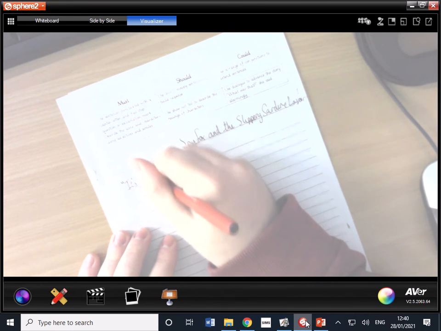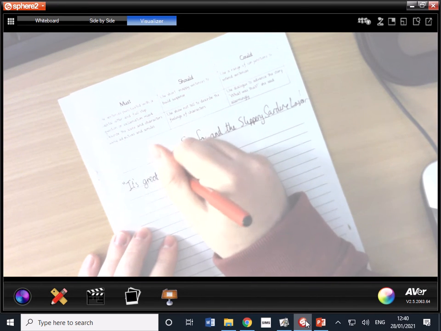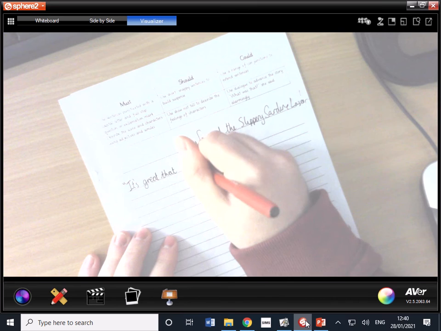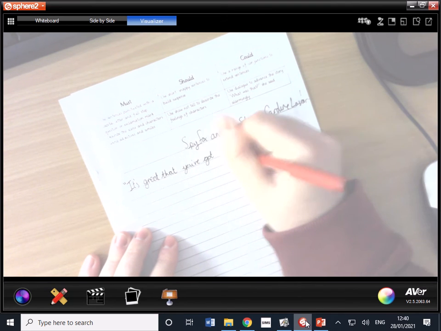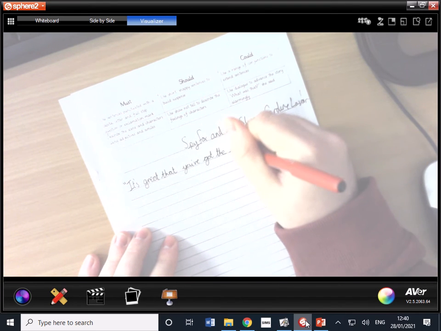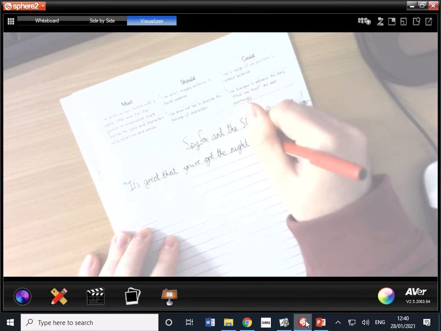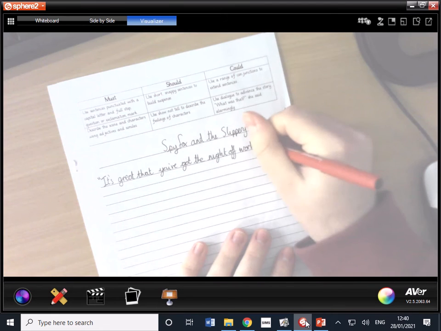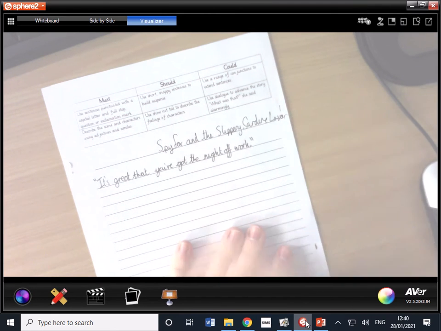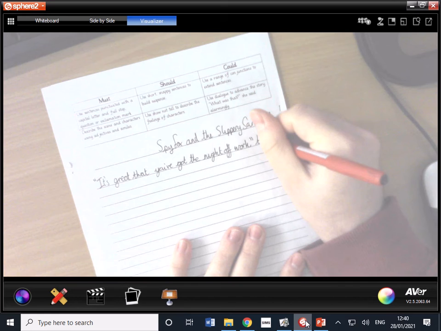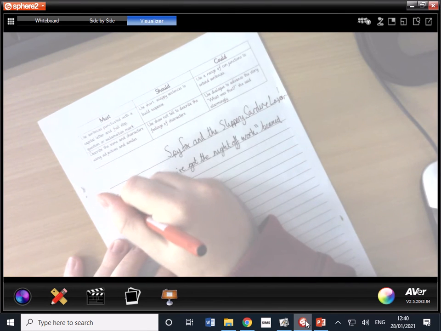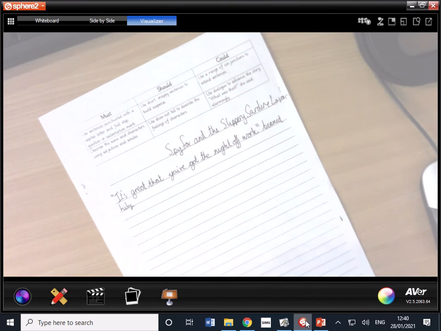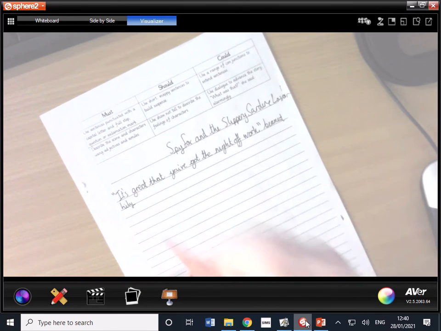It's great that you've got the night off work. Now, remember a comma at the end of that and then close with inverted commas. Now I'm going to put beamed, Lily. Beamed is like a verb to describe somebody smiling an awful lot. So, it's great that you've got the time off work, beamed Lily,